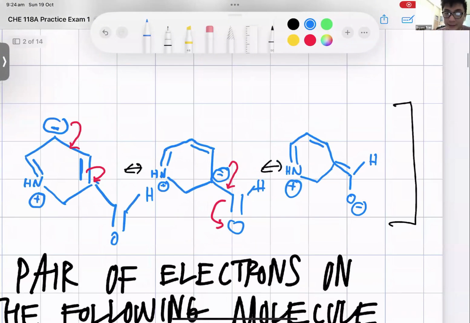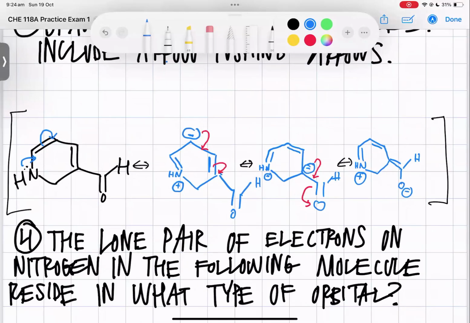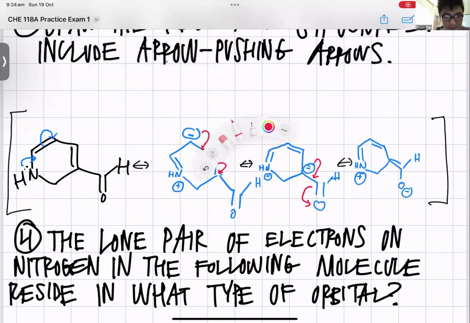And which one of these, as an extra problem, is the major resonance contributor? Out of all of these structures, not just the ones I drew. And then we'll ask you out of the ones you drew after that. Oh, okay. Then I think it's going to be the black one, the one that you drew.